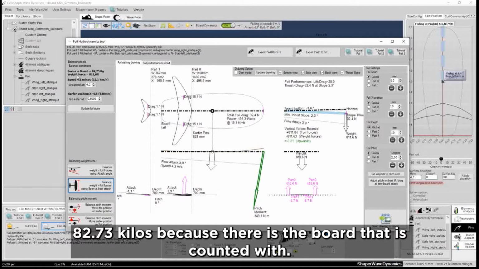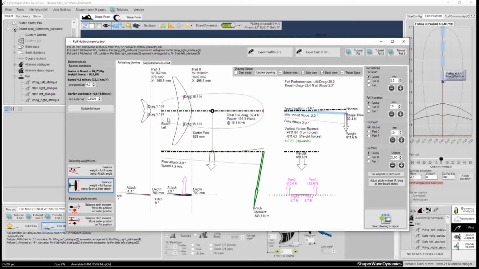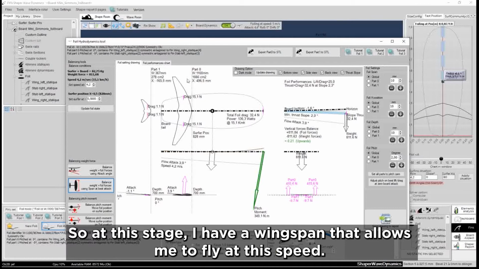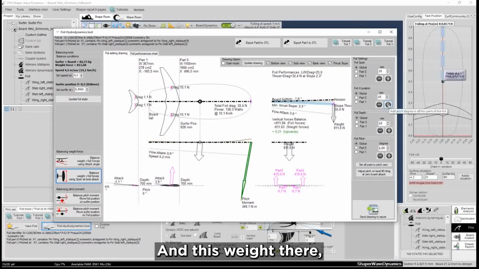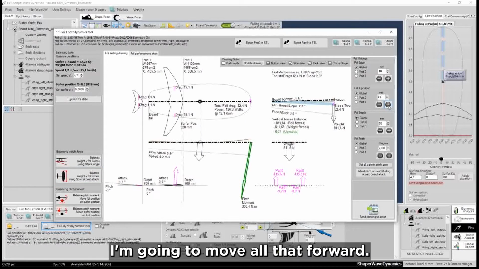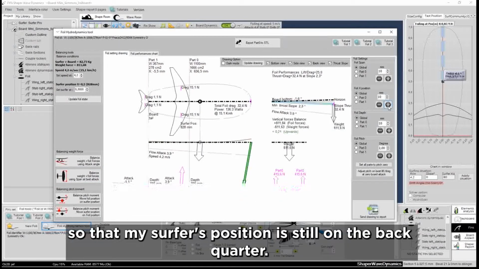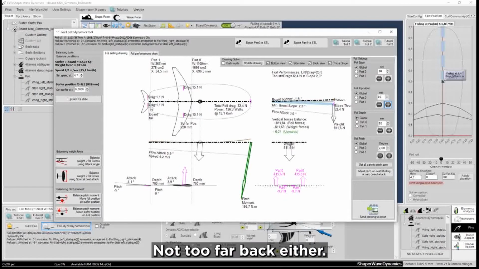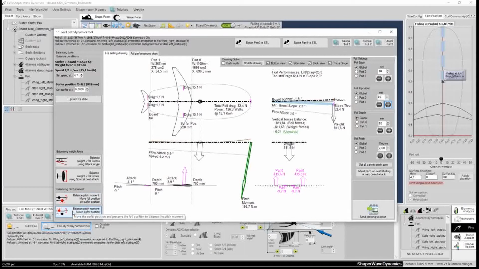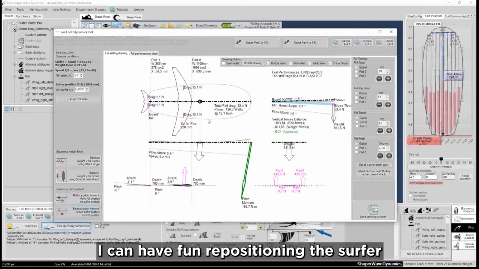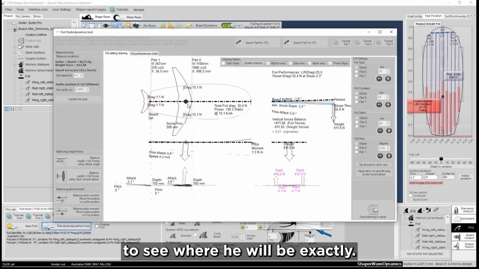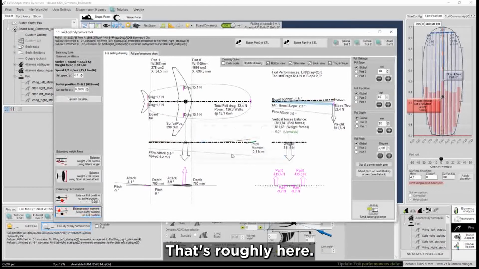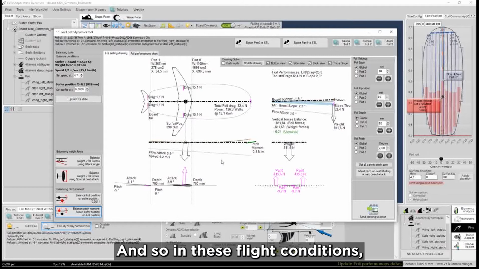82.73 kilos because there is the board that is counted with. So at this stage, I have a wingspan that allows me to fly at this speed and this weight. I'm going to move all that forward. Not too far back either. I can have fun repositioning the surfer to see where he will be exactly. That's roughly here. And so in these flight conditions,